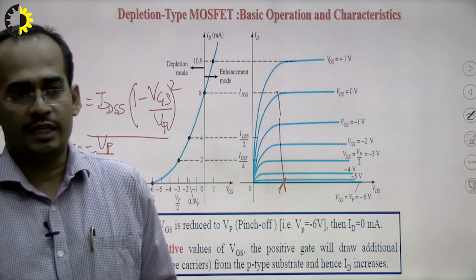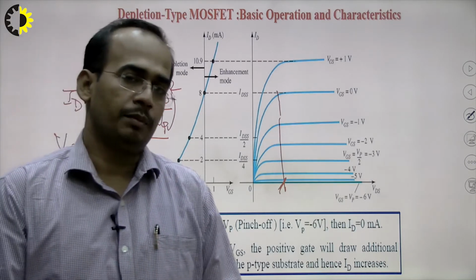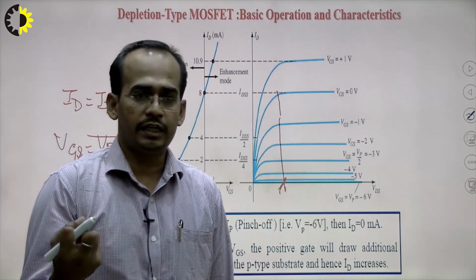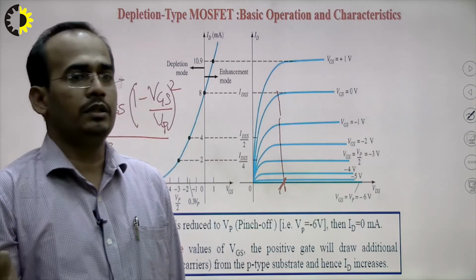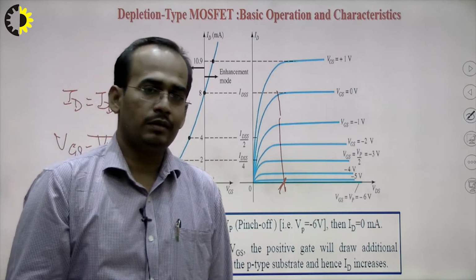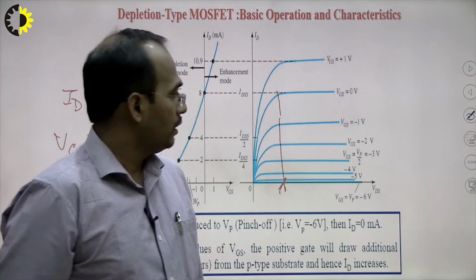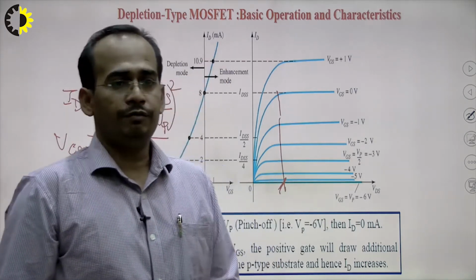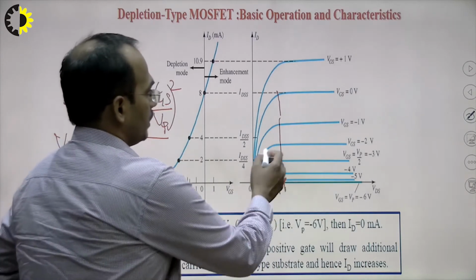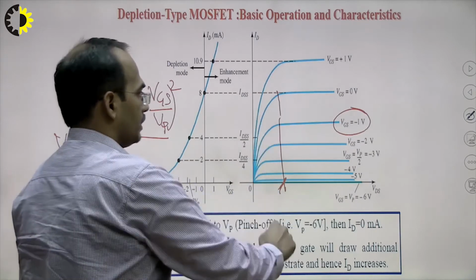The greater the magnitude of VGS, the greater the reverse bias voltage, and the more majority charge carriers from the P type substrate will be attracted by the negative terminal. They will recombine with the electrons flowing from source to drain through the channel and reduce the concentration of electrons. So the drain current will reduce. As we increase the gate to source voltage, the drain current is decreasing. So, it is clear.